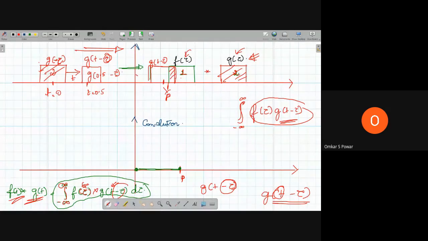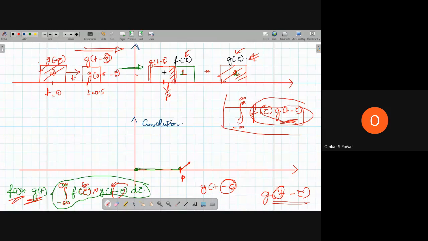So this is the first place where we have to take the convolution. So what is this convolution? Integral minus infinity to infinity f of tau g of t minus tau. So what is happening here? We have to take the product of this one and take the area. So what is happening to the area? It's going on increasing. So this convolution will go on increasing.